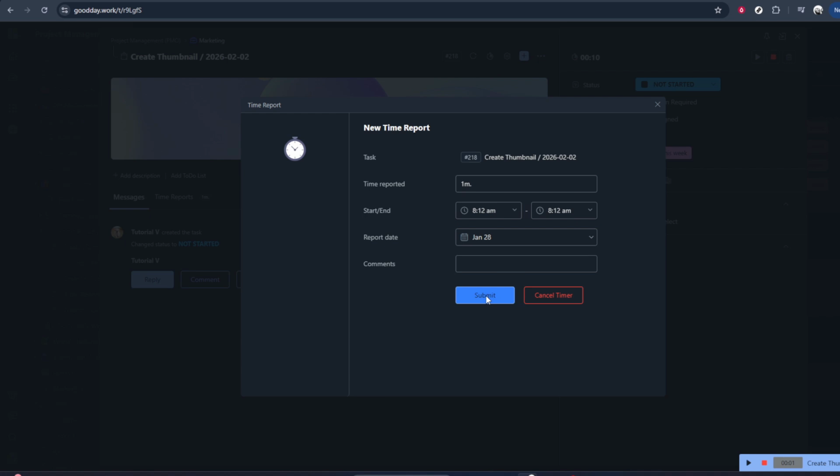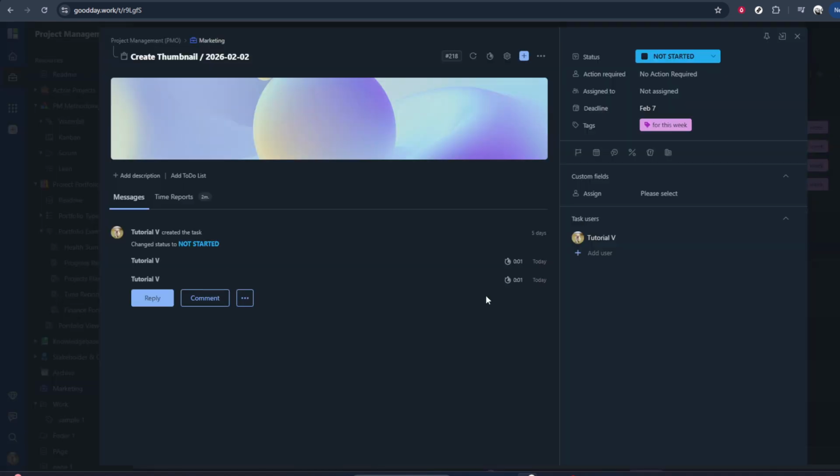After stopping the timer, a small form or dialog will appear where you can fill in the details. Here, you can review the duration, adjust the time if needed, and often add information like the date, type of work, or a short description